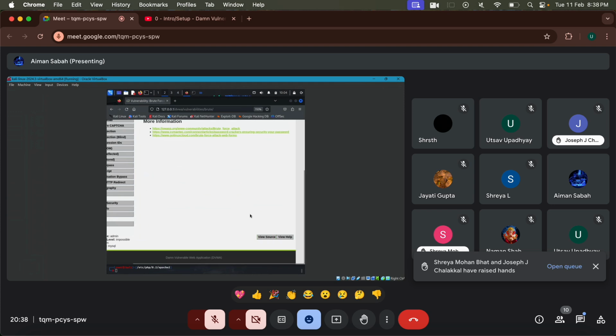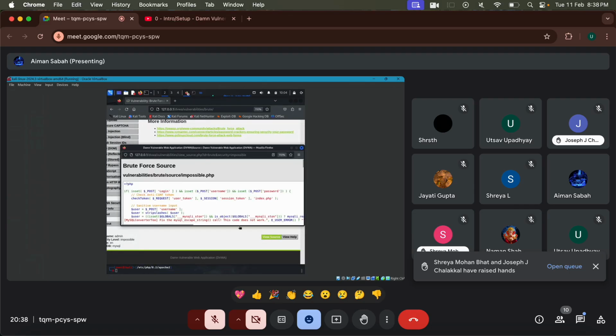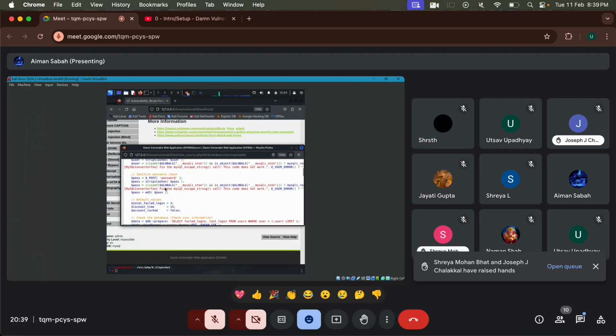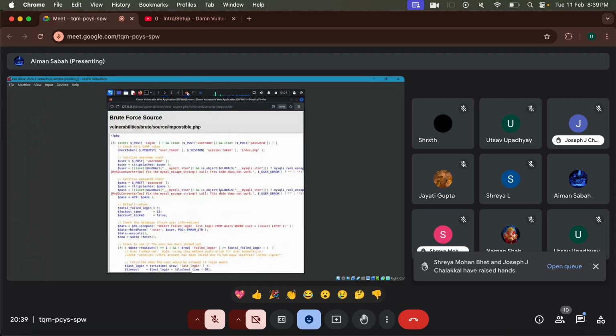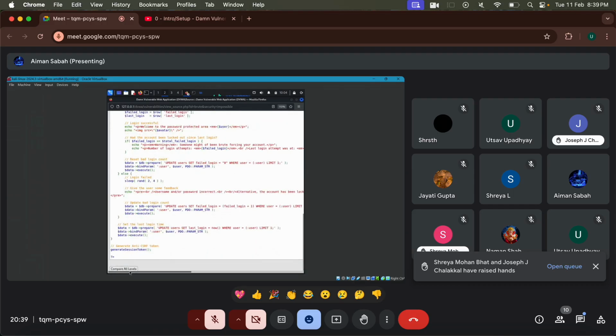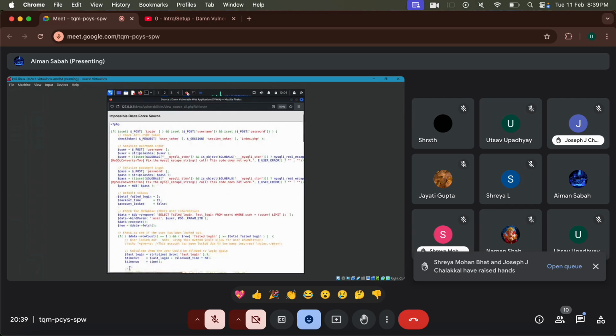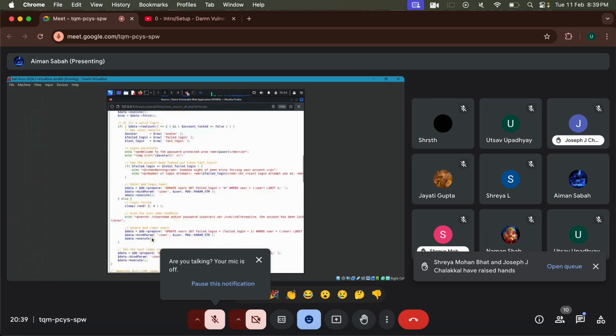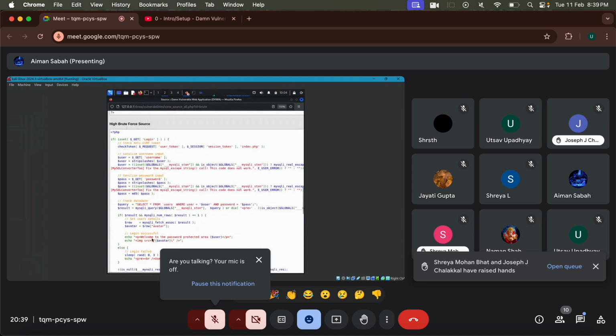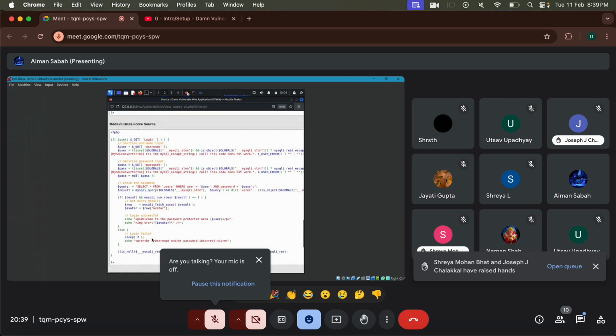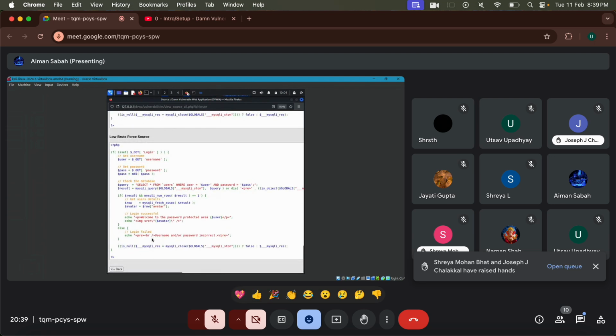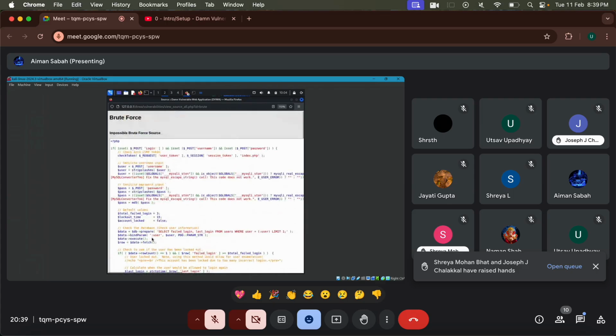If you see the view source option on any one of the labs, suppose I take the view source option for brute force, you can see here the source code for the low to impossible level security. There's an option where you can compare all levels. This is basically PHP code. You don't have to understand this much. Regarding the level of security, we'll get to that while doing the brute force attacks. What we are doing here is, if you see,